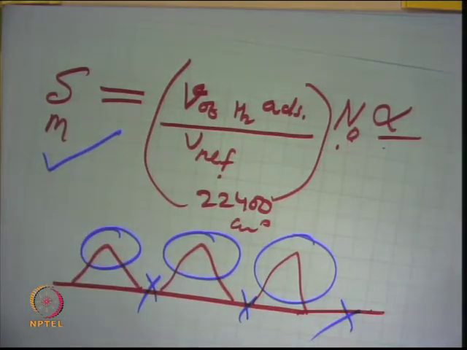So, this method can be used for the determination of the surface area of the metal, that is, the active surface area, and in that active surface area how many metal atoms there are can also be measured if you know the area of one metal atom, say platinum. So, if you know the area of one platinum atom and the total area, the number of platinum atoms, the active sites, can also be found out. That is used to determine the concentration of the active sites.